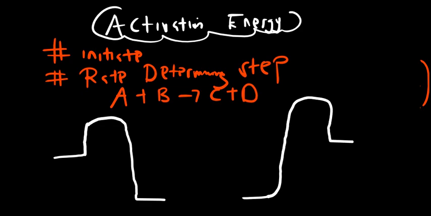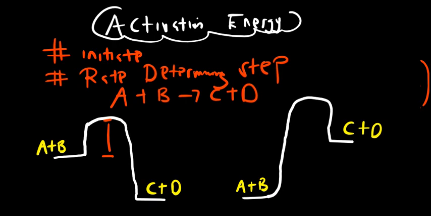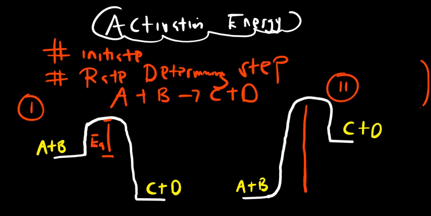Now what I've written here is very, very important. This is A plus B, these are our reactants, then they form our products C plus D. For the second scenario, this is still A plus B, forming C plus D. What we have here, from here to there, is the barrier that this first reaction is trying to overcome. Let me call this one Roman numeral 1, then this one Roman numeral 2. So for the second reaction, this is the barrier it needs to overcome